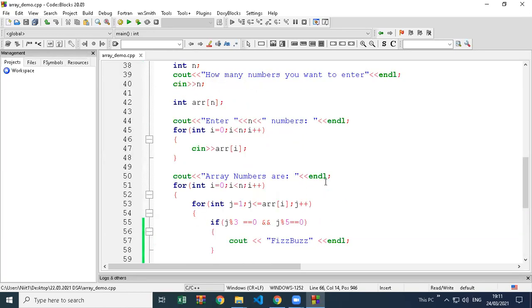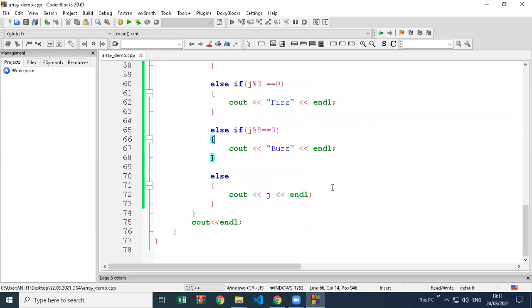So there was one more question which we created. The homework question. What was the homework question? One more.